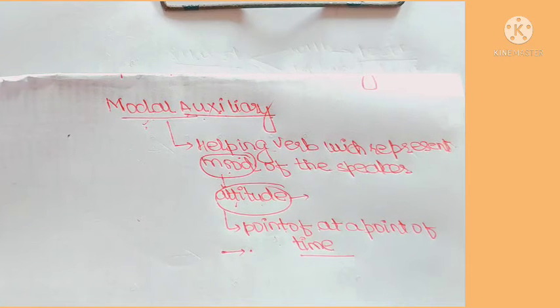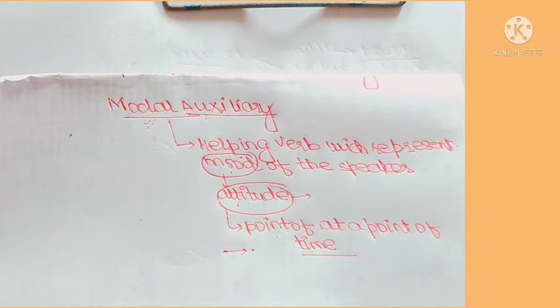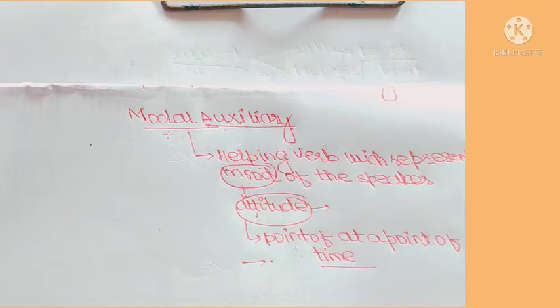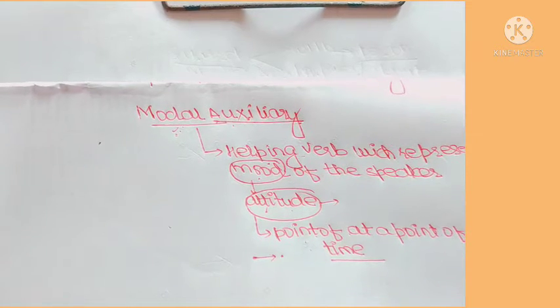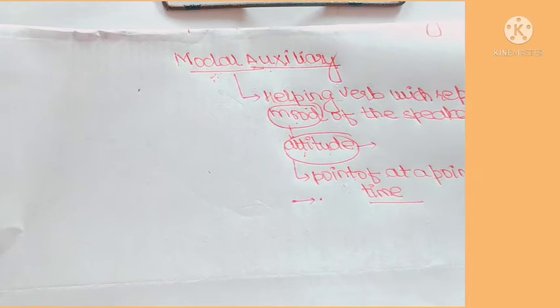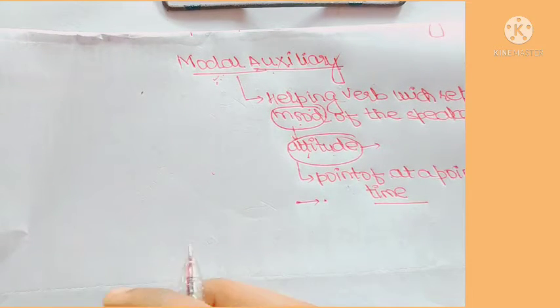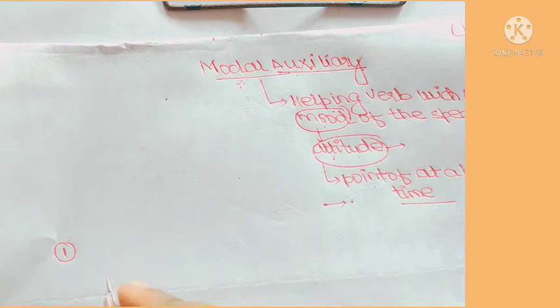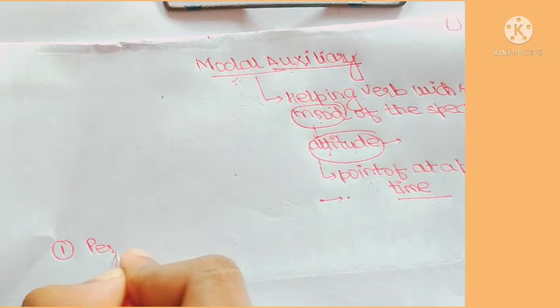So just by understanding modal verbs, we will not be understanding any type of verbs. We will be understanding just by creating some situation, right? Let's create a situation for that. Let's understand. If you wanna ask for permission, the first situation can be created in this manner. We can say for permission.